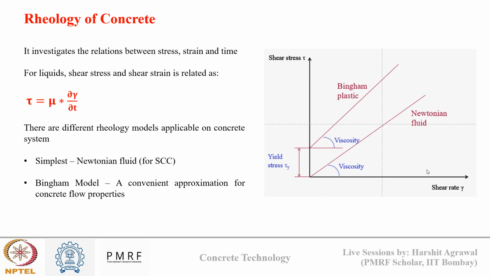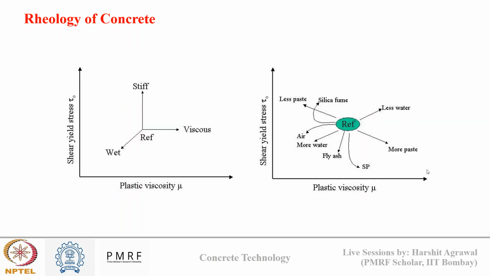To understand different key terms in rheology, we need to understand yield strength, plastic viscosity, and thixotropy. We talked about Newtonian and Bingham plastic fluid states. The first one applies for self-compacting concrete, and the second one applies for conventional concrete. And finally, we saw how the concept of rheology parameters gets applied to concrete components in governing flow state. Like if my flow is viscous, what will happen? If flow is wet, what will happen? And if my mix is stiff, what will happen? And how different components in my concrete mix can affect different rheological parameters.